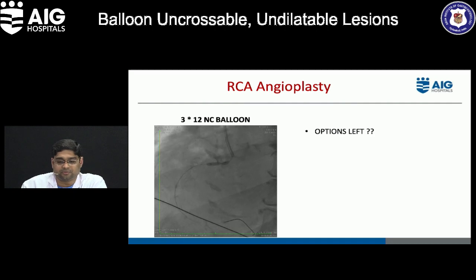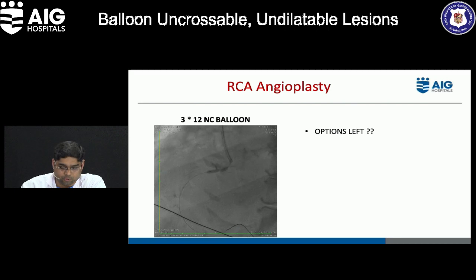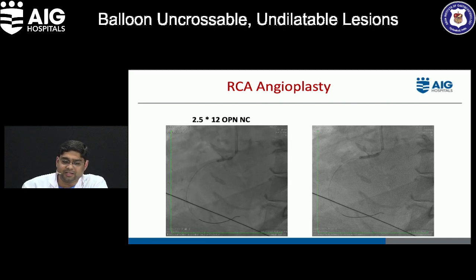And one more option which we discussed at that time was using a very high pressure, ultra high pressure balloon, that is the OPN balloon. So in this case, we went ahead and took an OPN balloon. We slightly undersized the OPN balloon. We took a 2.5 x 12 size OPN balloon, went up to 35 atmospheres, but it didn't yield. So we slightly went up to 40 atmospheres where the balloon yielded the lesion and then ruptured. Here you can see in the other still frame, it completely opened up, yielded the lesion and then it ruptured.